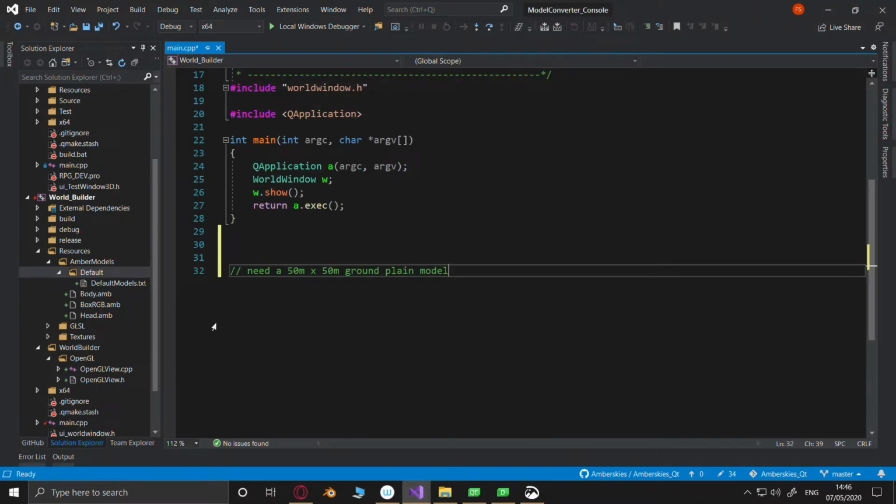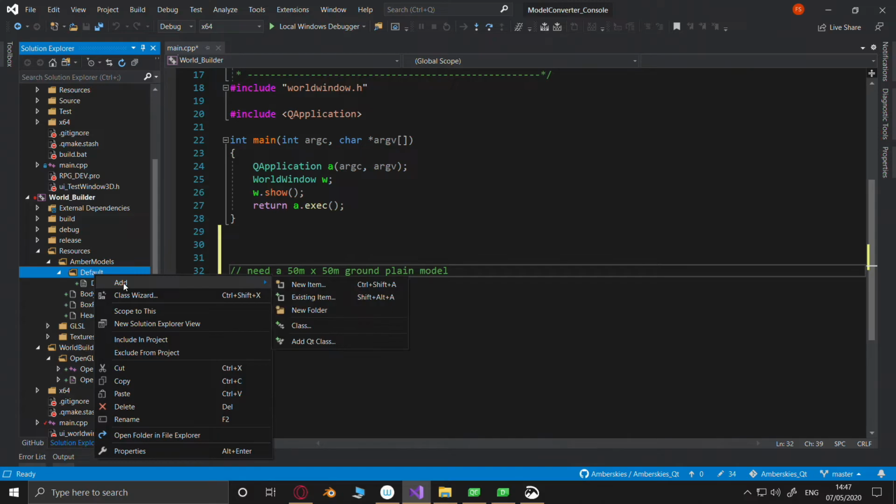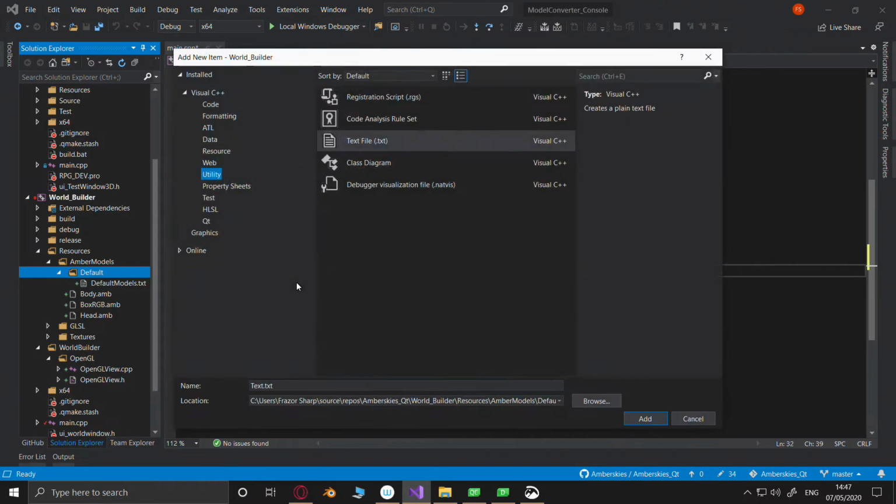All right, we're also going to have a map. New item. We'll just have another text file, I suppose, for now.